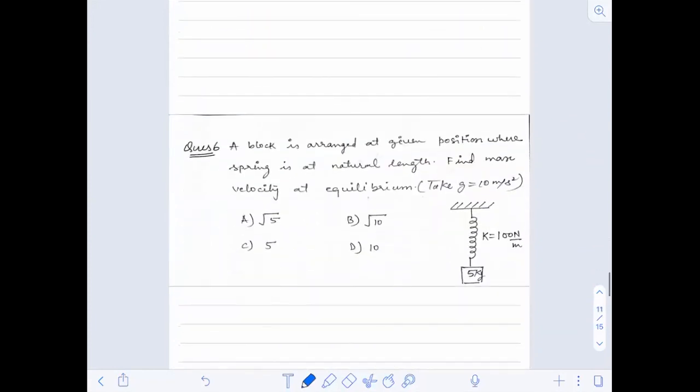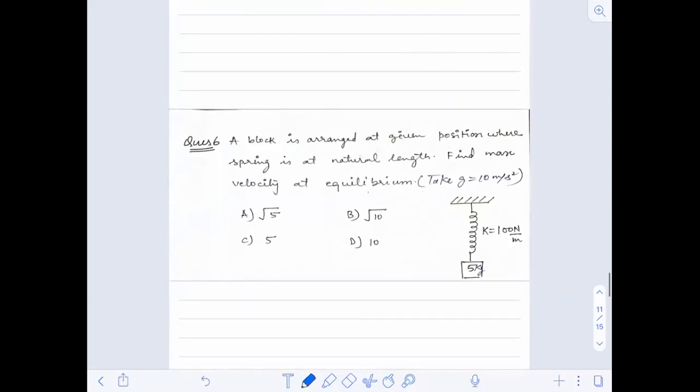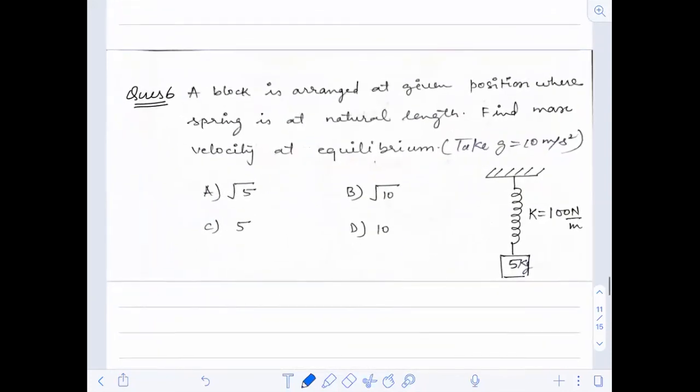Check out this question. Try to solve this question. This question says a block is arranged at a given position where the spring is at natural length. So this position is the natural length. Find the maximum velocity at equilibrium. So if you see this question,